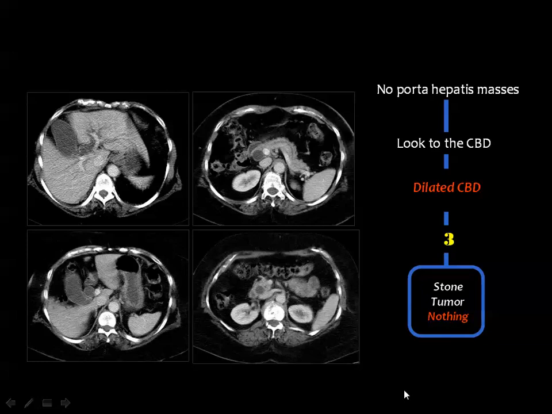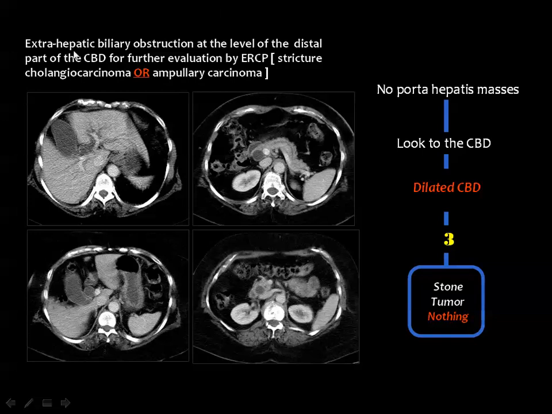Then we in the radiology department report this case as follows. We say that there is an extrahepatic biliary obstruction at the level of the distal part of the common bile duct, and this should be further evaluated by ERCP, looking for a stricture in the terminal part of the common bile duct, or the second possibility, which is ampullary carcinoma. And you know that this